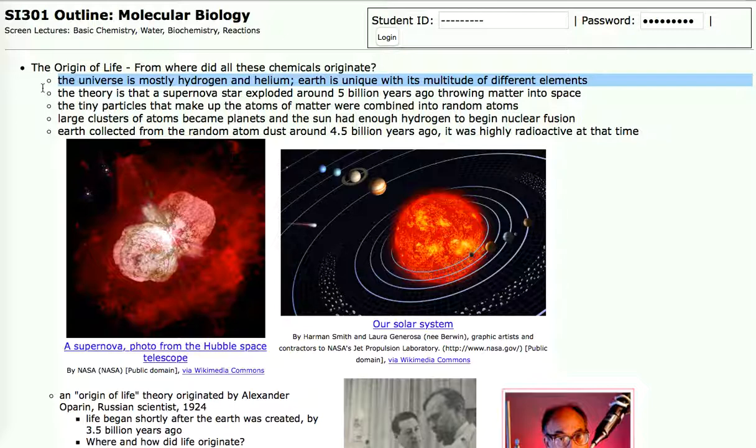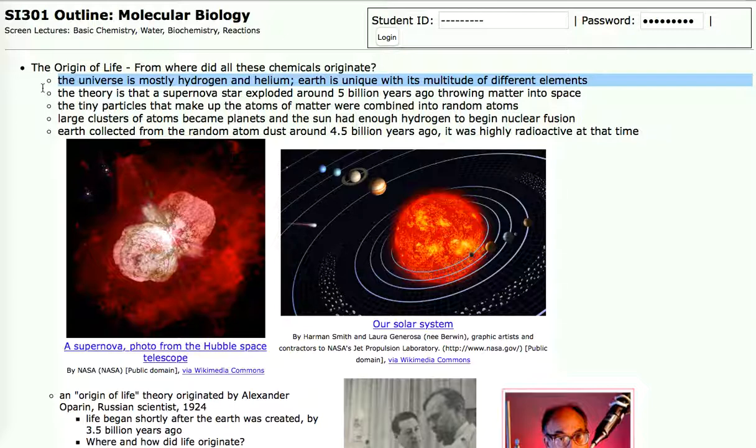I mean, we have some helium, but not a lot, and we have hydrogen, but the hydrogen's actually locked up in water. So we have a lot of hydrogen atoms. They're parts of water molecules in our oceans and freshwater lakes, rivers, and streams. But we're not just a giant ball of hydrogen. We have all kinds of other atoms in the crust of the Earth, from iron all the way to silicon.